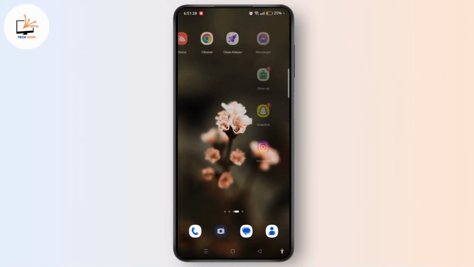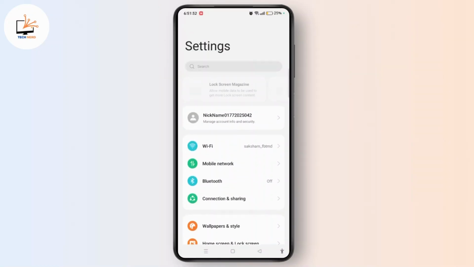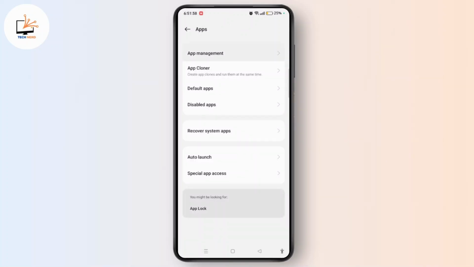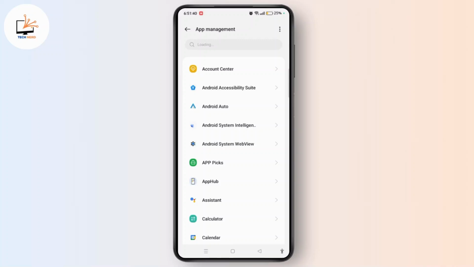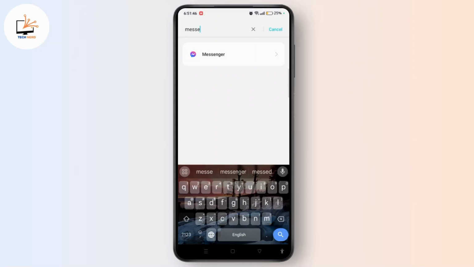Head into the settings of your mobile device. Scroll down. Now select apps. Tap app management. Now tap the search bar at the top and type in Messenger to search for the Messenger app info section. Open it